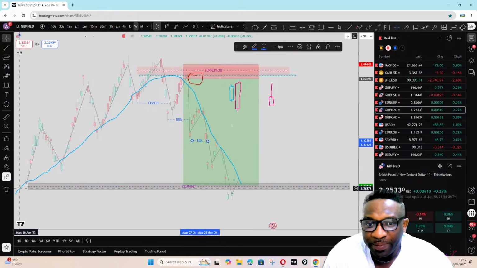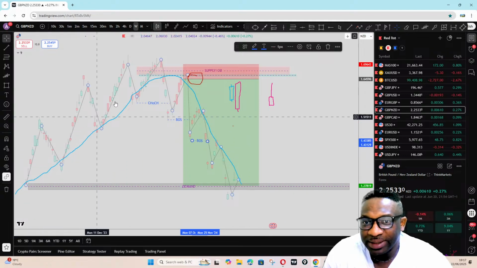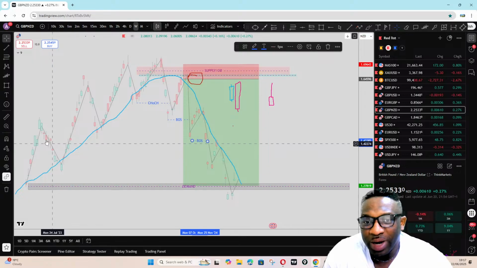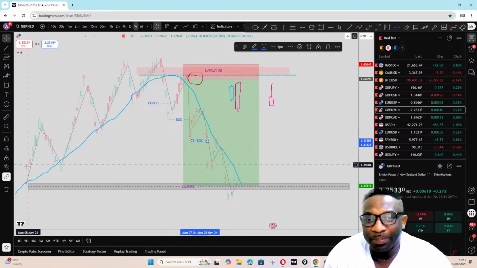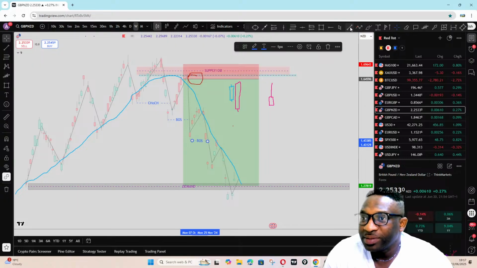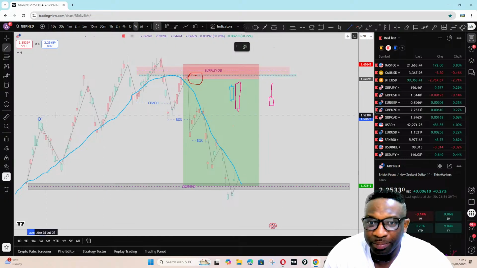The same way, if before this upward move started we were in a downward trend, once price turns round and begins to break the previous high point, that will become the change of character. After that, each of these breaks now becomes a break of structure,